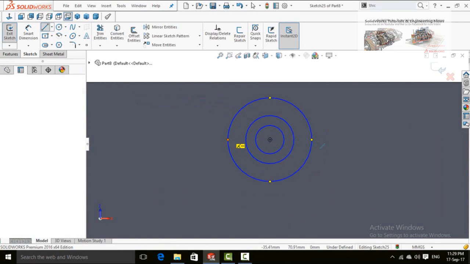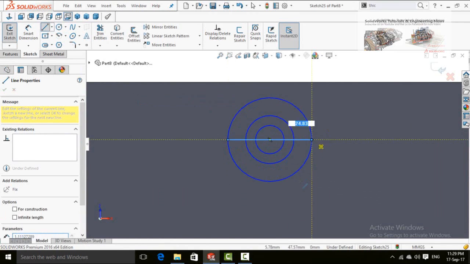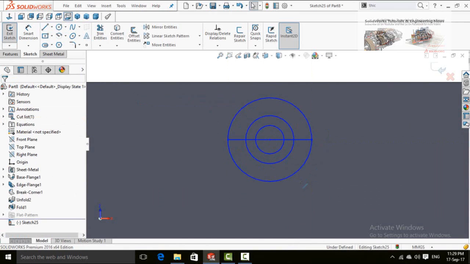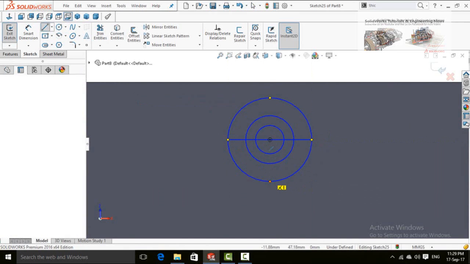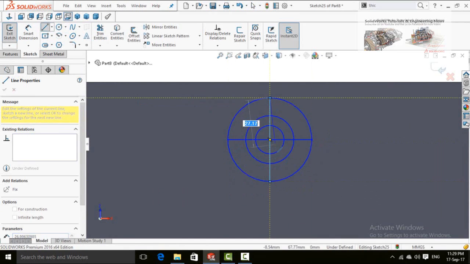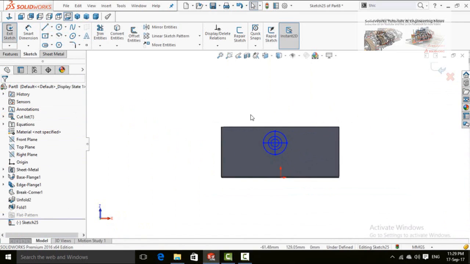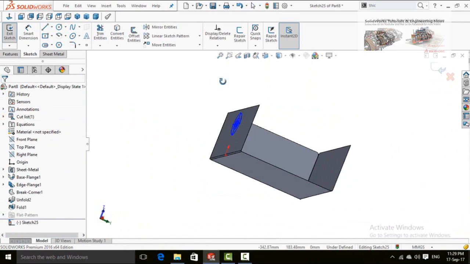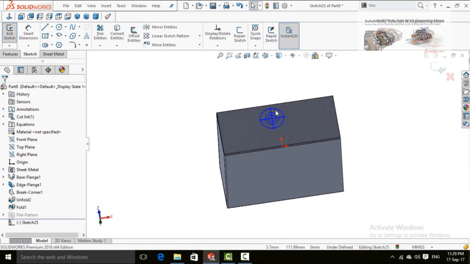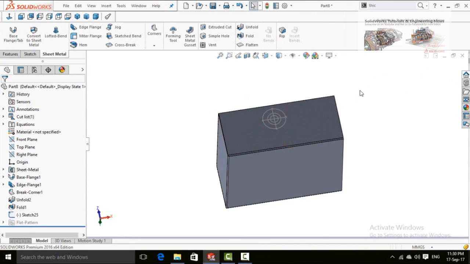Now line. As is clear from the name, it is a vent for air fans as used in power supplies of computers. So once you have completed your sketch, save and exit from sketch.